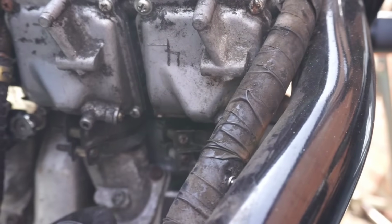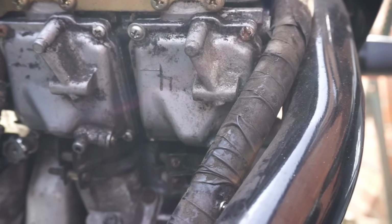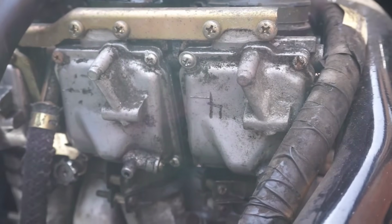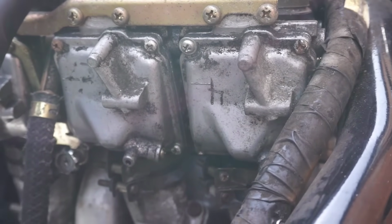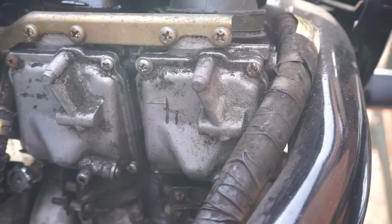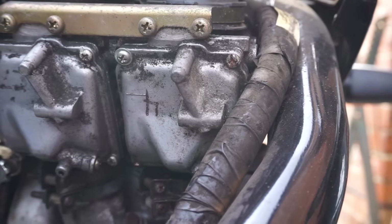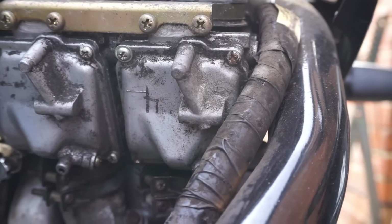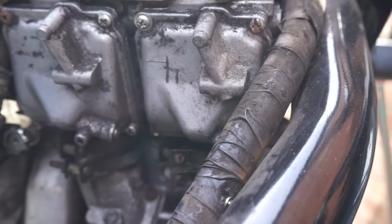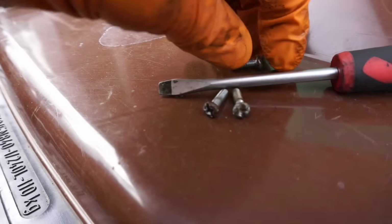So I don't know. I could probably just pull this float ball off and have a quick look just to see what state it's in and then decide where to go from there, because the owner said that he was considering scrapping the bike because he didn't think it would be repairable. So let's see if we can get it fixed today by just removing this float ball and having a quick clean. I'm pretty sure it's number 4 that's the problem, so I'll take that one off first. Don't know if I need a flathead screwdriver or a drill really, so I'll get this cover off first. Someone really doesn't care about what sort of screw they use,